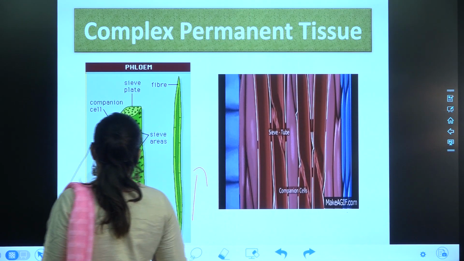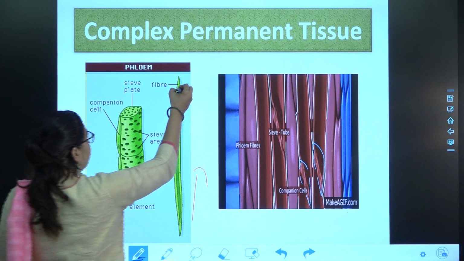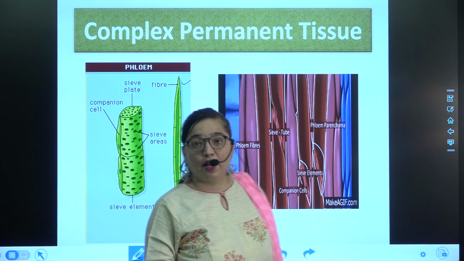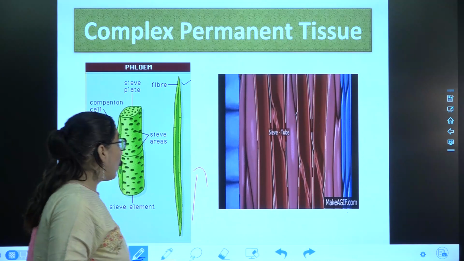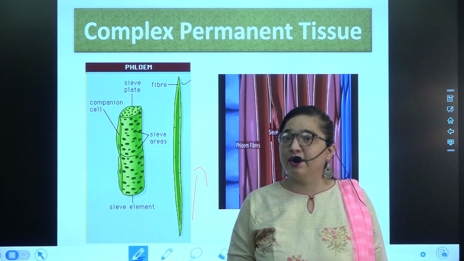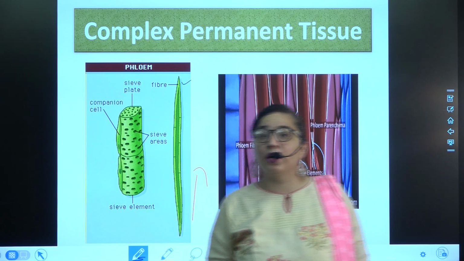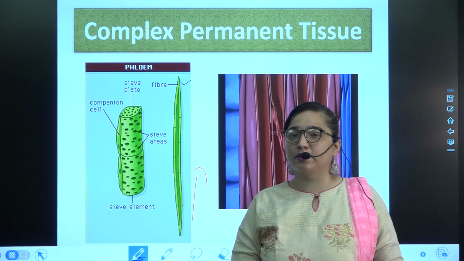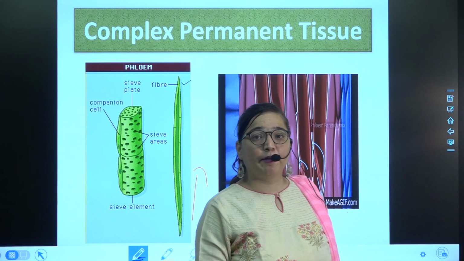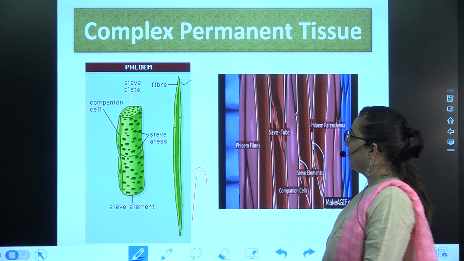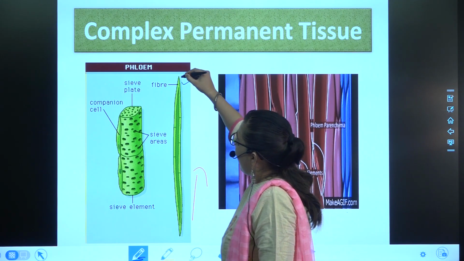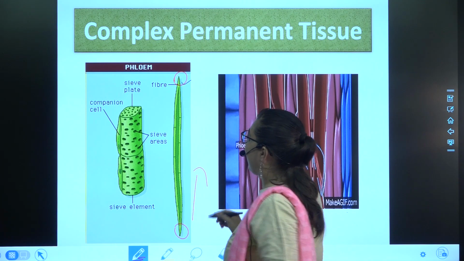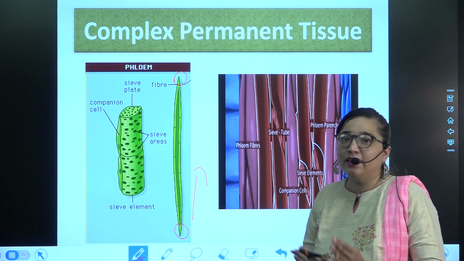You can see over here these fibers. The fibers are visible from here. Now just look at the fiber and try to tell me what you observe. By looking at the fiber, it becomes clear that the ends are tapered. And how are the fibers? The fibers are narrow.